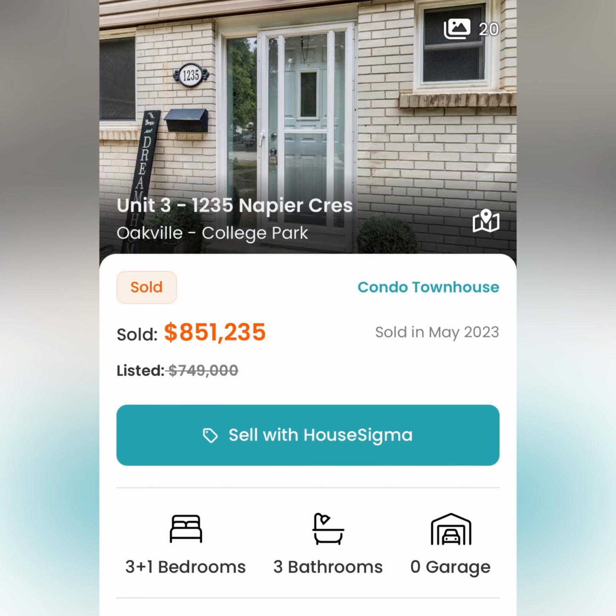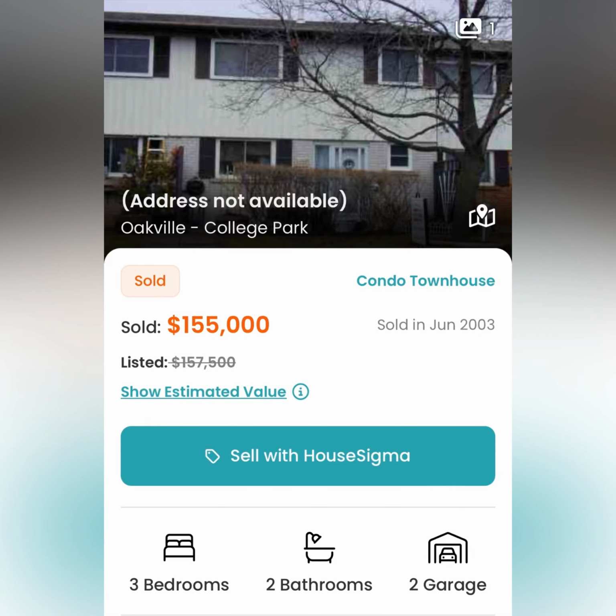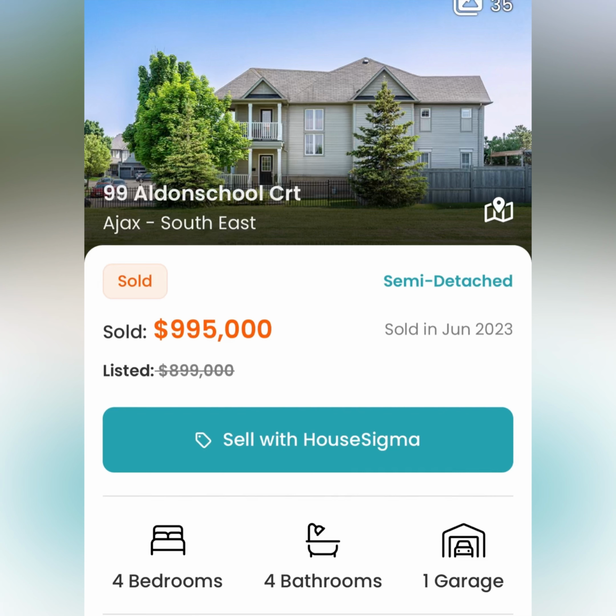Can you imagine selling a home for almost $700,000 more than what you purchased it for? Welcome to Oakville, where this 3-bedroom plus 1 and 2 bathrooms sold for just that. For the difference the next property sold for, you can actually buy a condo in Toronto currently for the difference